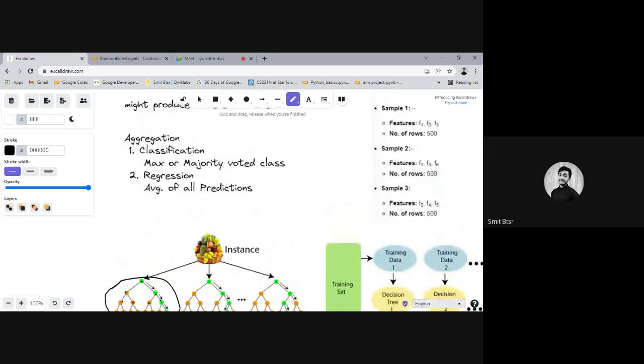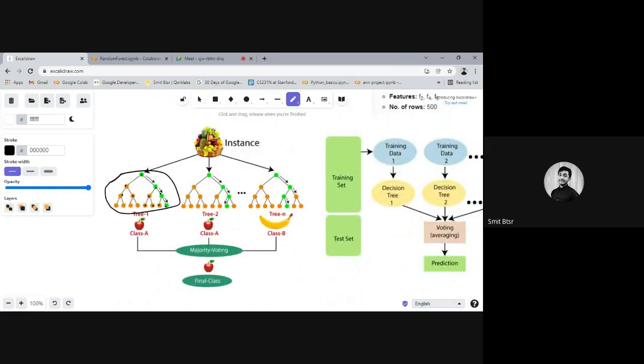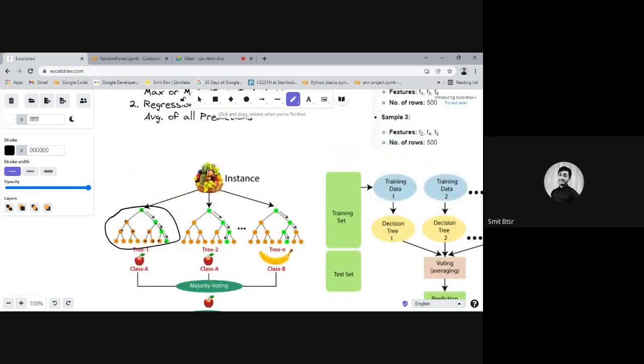First of all, what is random forest? Random forest uses multiple decision trees. It would be more fun to understand it using intuition.